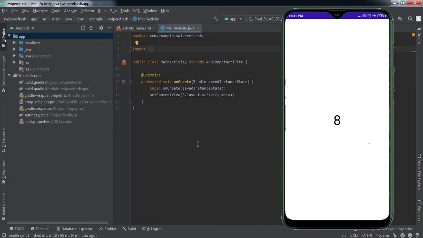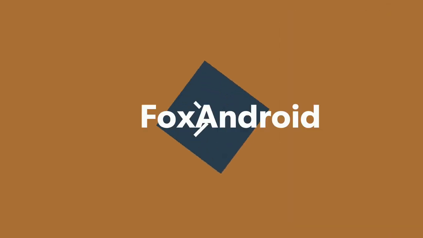You can do anything in your Android application as per your own requirement, that when the user pulls down, whatever task you want to execute, you can do that, right? That is what we will be learning in this tutorial, so watch this tutorial till the end. Without wasting any time, let's get started.